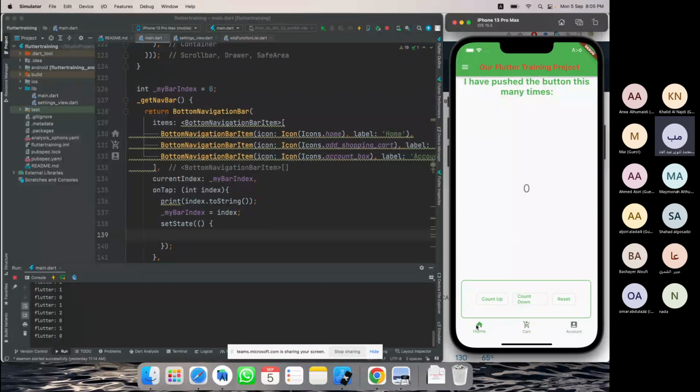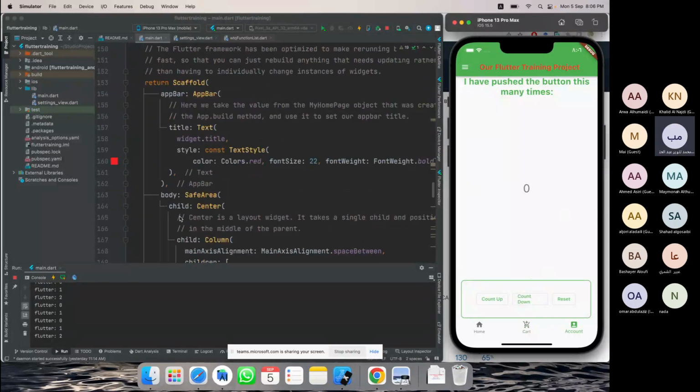So if you click home, it shows, suppose, this thing. If you click cart, you show a cart or something like this. If you click account, it should show a sort of account information here. So how can we do that? How can we do that? So to do that,